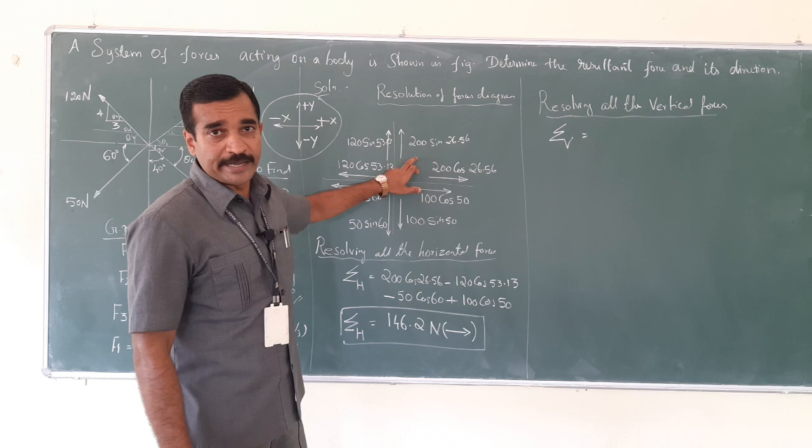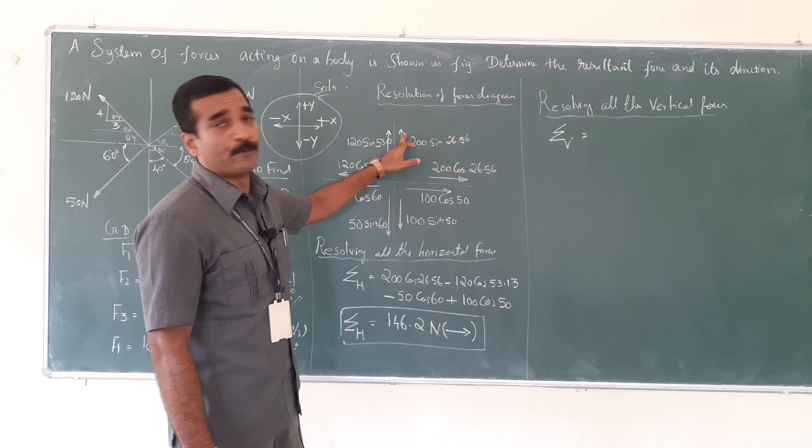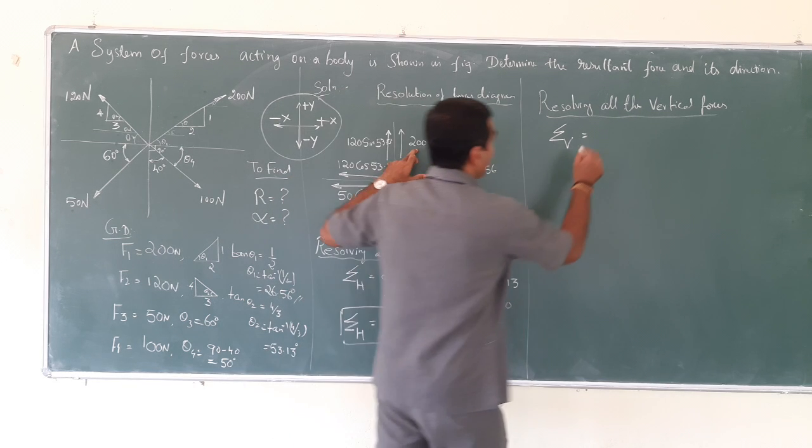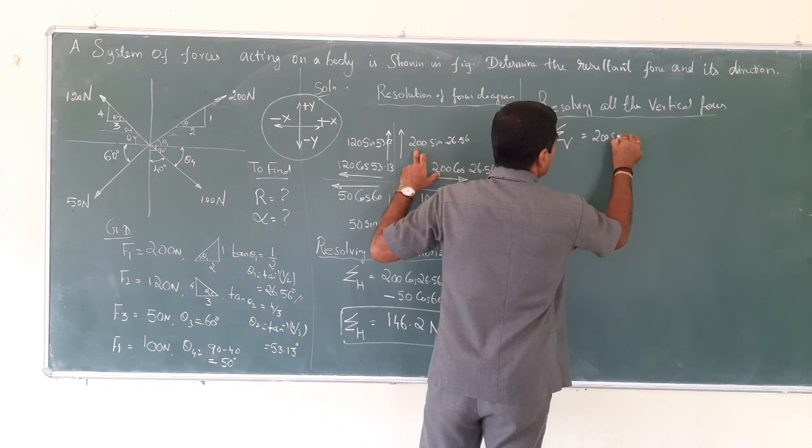In the first quadrant, I have a force which is acting upwards. Upward carries a positive sign, so the magnitude is 200 sine